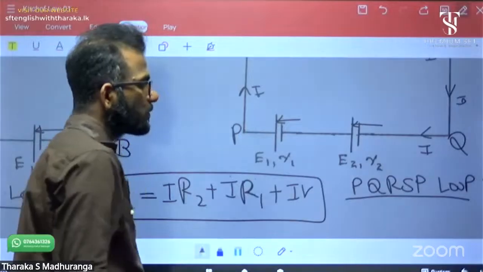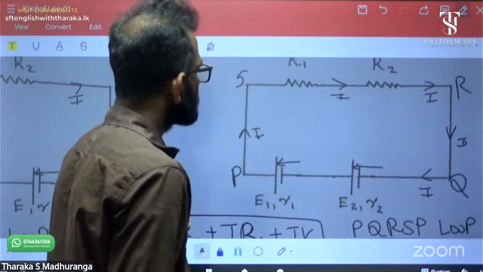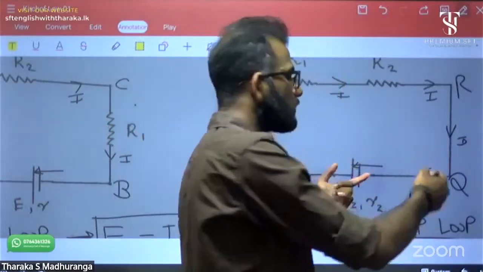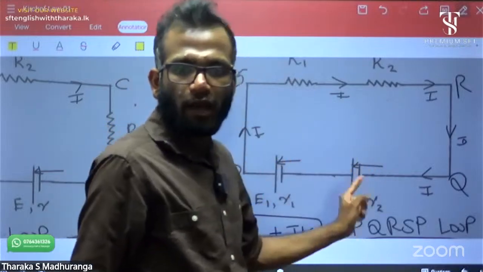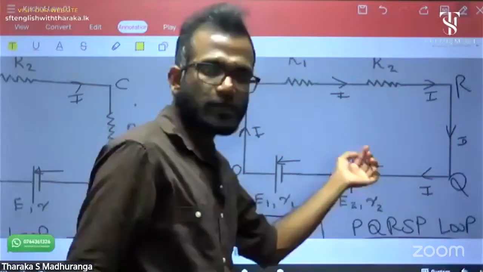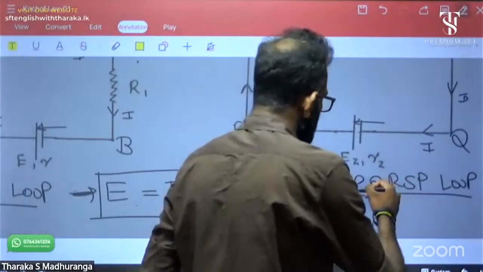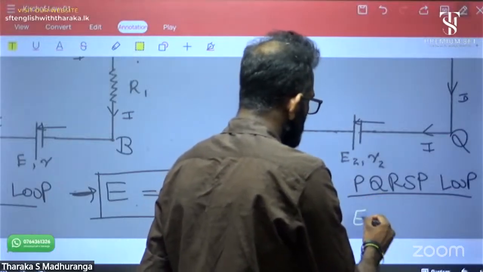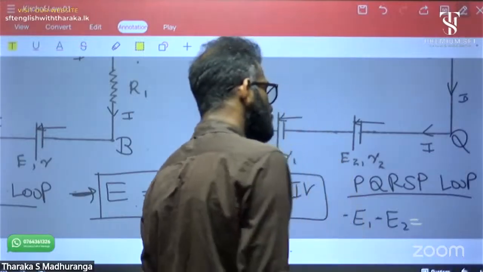Tell me, P to Q: two cells, two batteries. Then R1 and R2 are both in the opposite direction to my direction, so both negative. E1 minus E2 equal to